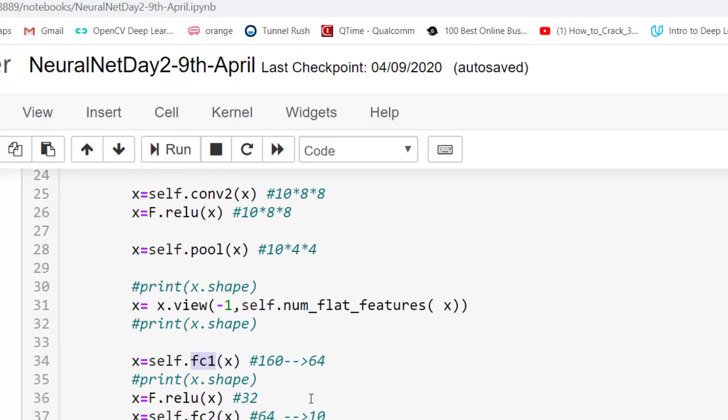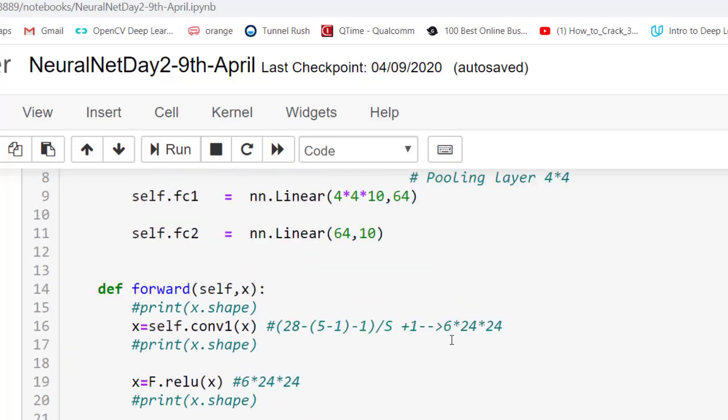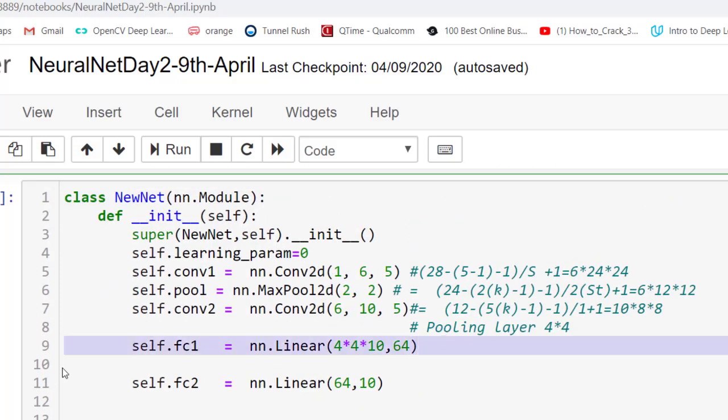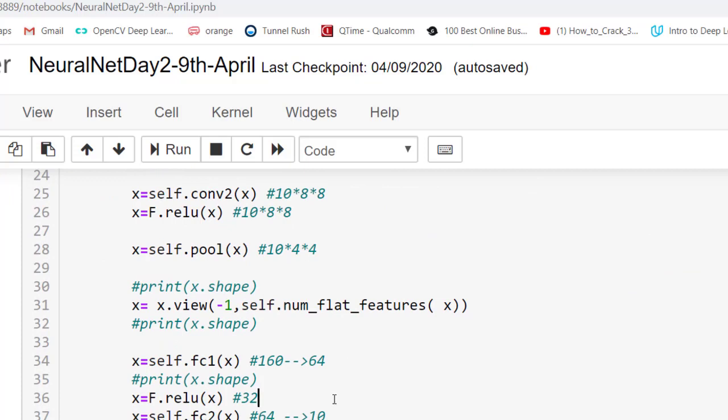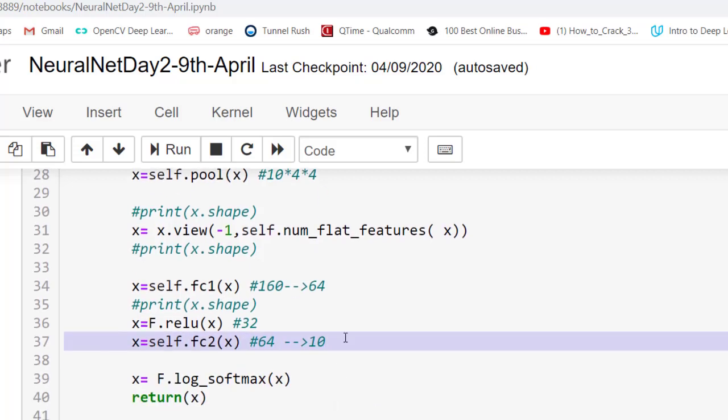Then I pass it through the first linear layer. This is going to produce 160 to 64 features. After the 64 features, it's going to do a ReLU on this, and from 64 we get it to 10 features. Why 10 features? Because we have 10 labels. After the 10 labels, I want to run a log softmax, or you can even have a softmax.